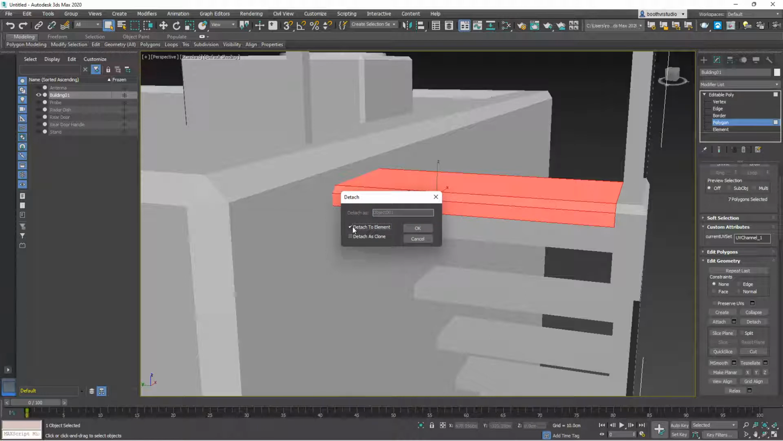just check the box detach to element. So check the box detach to element. That means it's still going to be part of building 01. It's still part of that object. All right. Now, that's the last time I'll do that. Going forward,